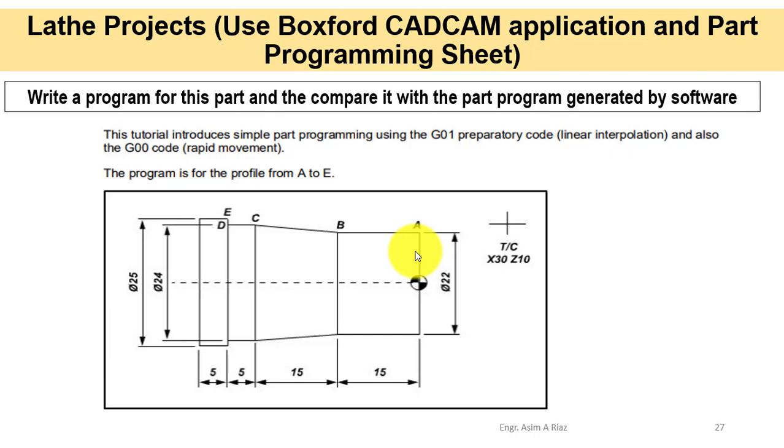Here you can see that after the drawing, you have to label the origin, or define your datum point, and after that you have to note the coordinates of the corner or node points. We have A, B, C, D, E. So we have to note the endpoints, or the coordinates of those particular locations, in the XY direction or XZ direction. We are using X plus and Z minus.